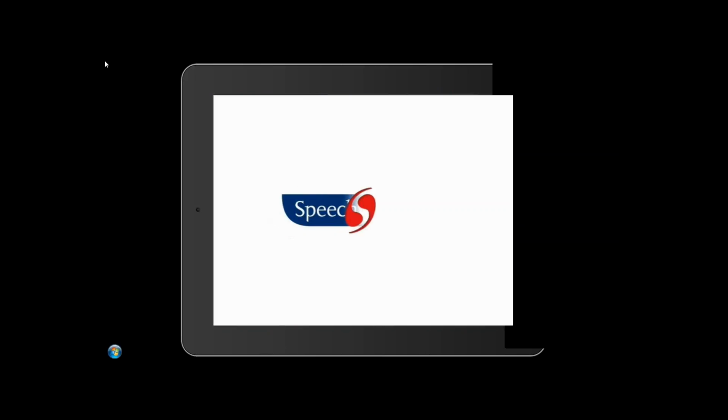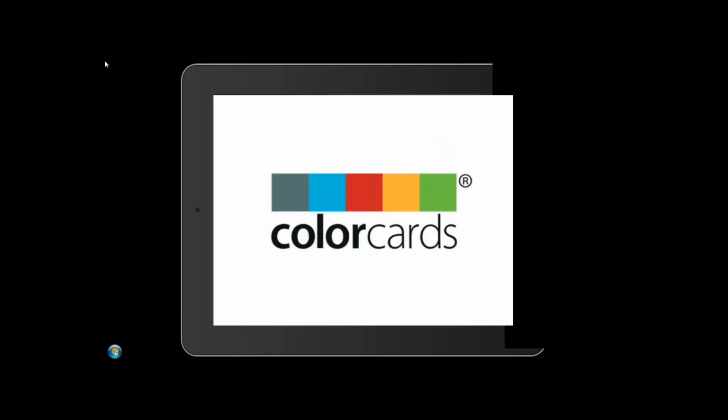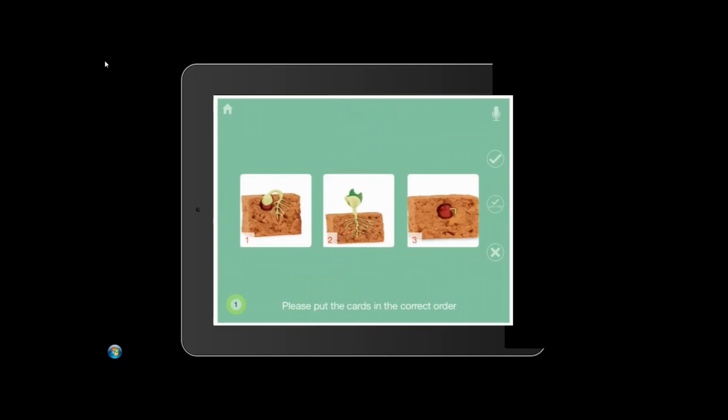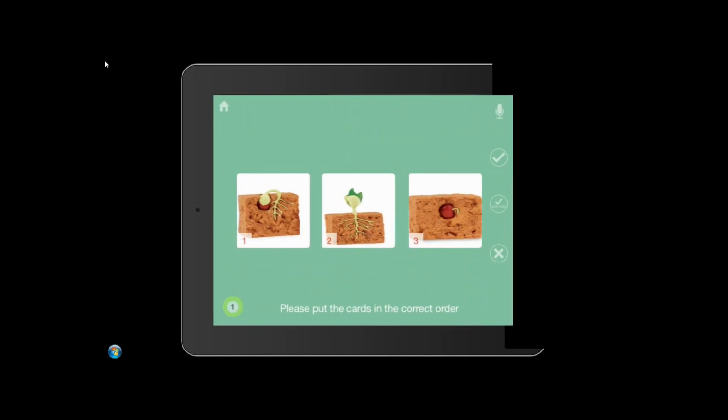Come back and go to the ordering game. Sorry, I've come out. Yeah, let me come back in. And we'll be able to see the images that we chose before, and what we need to do is to move them into the correct order. So here are the pictures that I uploaded earlier. You'll see those in a second when they come up. There's a little lag between the webinar and my screen in real time, and then I drag the images into the order,